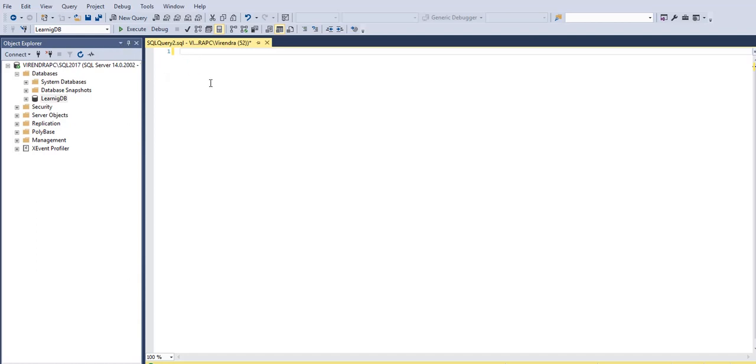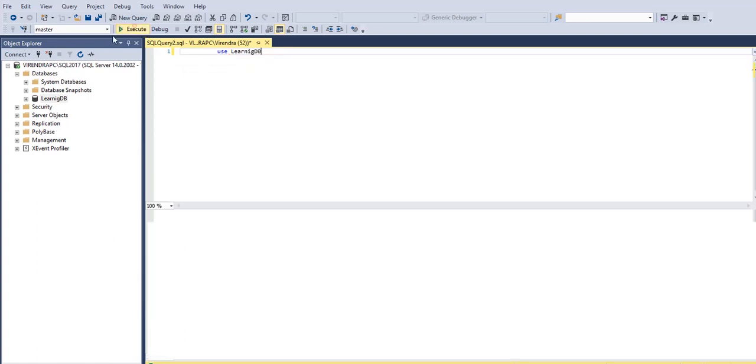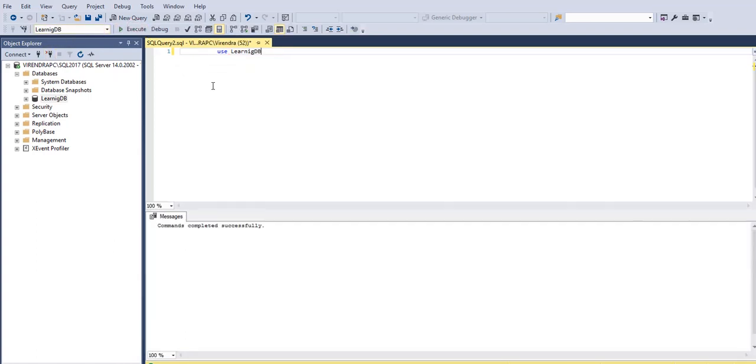So here I am in the new query analyzer, and my database is going to be the learning DB database that we were using last time. You can go and select the DB from here before writing the query. Or let's say there are a lot of databases here and you don't want to browse through all of them just to get your DB in the list, like at the top. The other trick is you can just say use learning DB, and that should do it for you. So you'll see the learning DB appearing here.